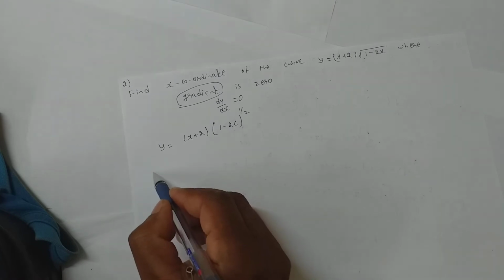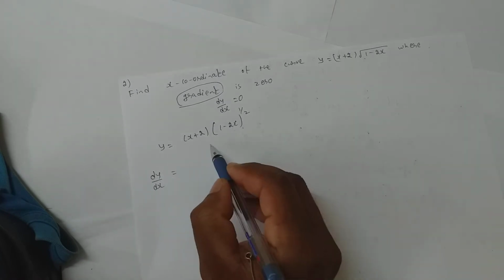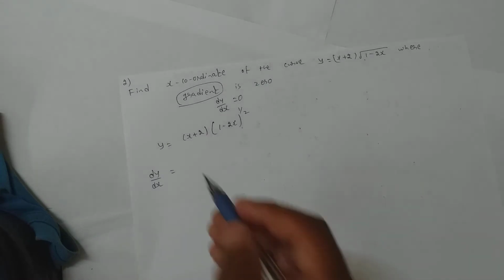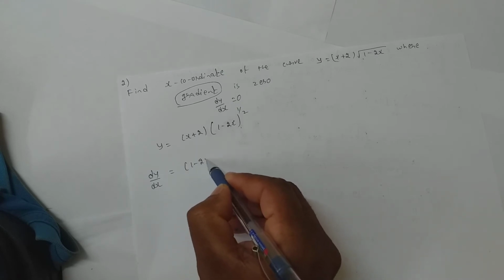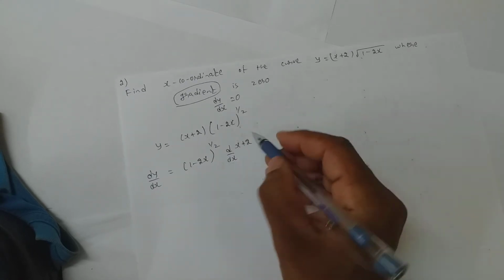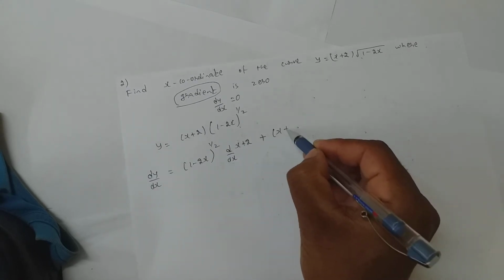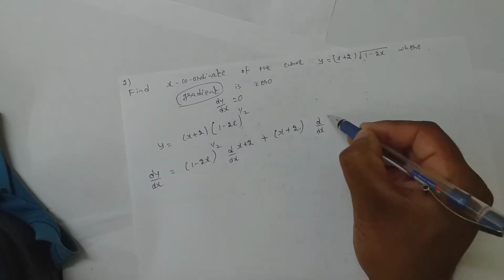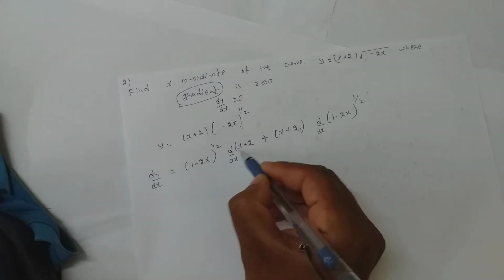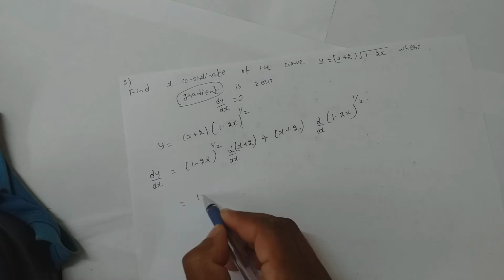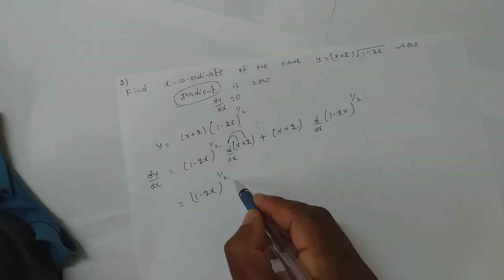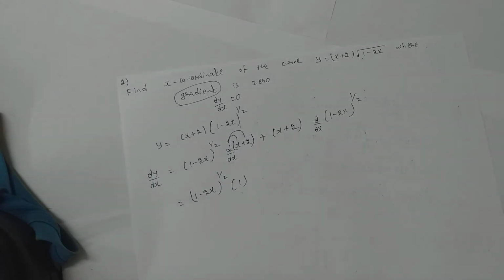So now looking at it, to find dy by dx, I need to use the product rule, which is the UV rule. And what does it say? You don't differentiate one term, differentiate the other one. And next time, whatever you differentiated before, write that as it is, and which was not differentiated earlier, you need to differentiate that now. Clear with the product rule? Yeah, so let's start. So it is 1 minus 2x power half. This gets applied to x and also to 2. On x it is 1, on 2 it is 0, so I am not writing that.